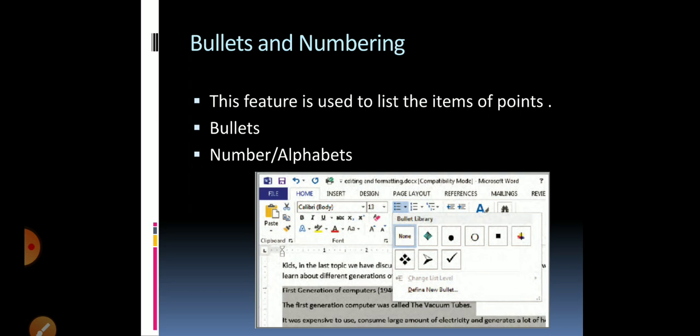These are used to show a sequence of the items to be followed. To insert the bullets or number or alphabet, you need to select the desired text, then go to home tab, then paragraph group, then bullets or numbering button, then select the required bullet or numbering feature.